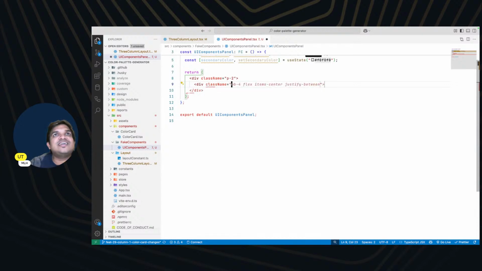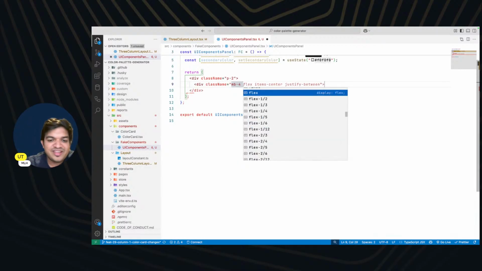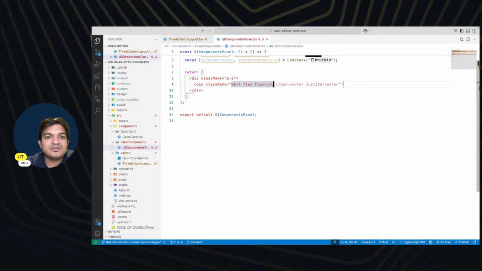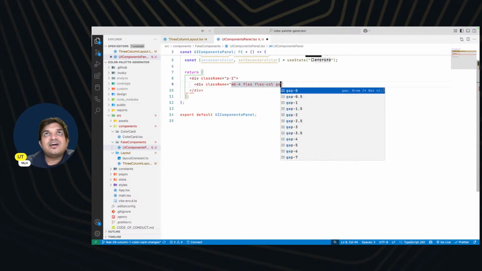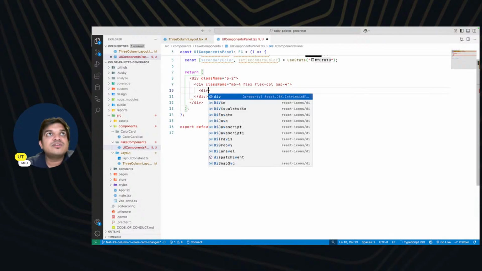So div class name it says margin bottom 4, flex items center, justify between, no. Margin bottom 4, okay, sure. Flex, and it could be flex col so that it is in one single column. And we can have a gap of, let's say, 4 between the things. Now inside this, I am going to have another div,